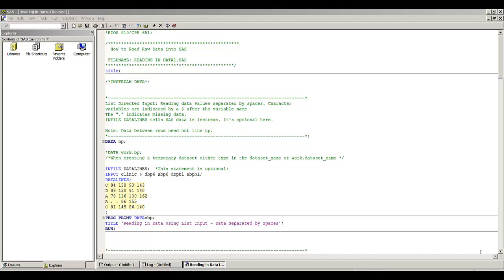Reading in Data 1. For this demonstration, I'm going to be working with a simple data set that I'm calling BP for blood pressure. There are 5 observations and 5 variables in the data set. The first variable, clinic, is represented by a letter. And then there are 4 numeric variables for diastolic blood pressure at 6 months, systolic blood pressure at 6 months,